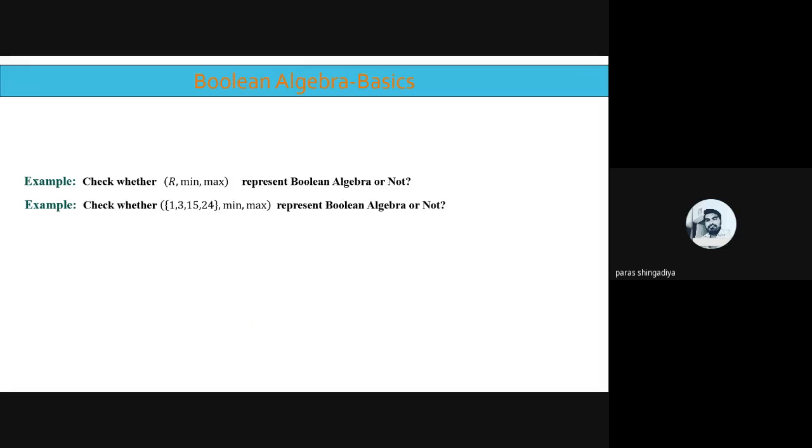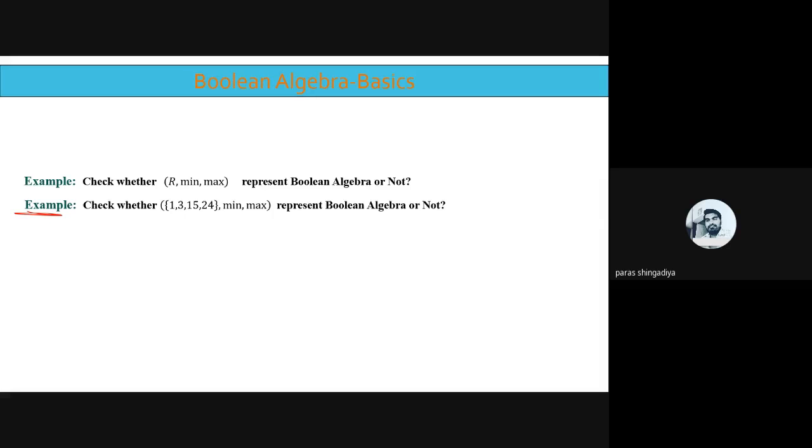So first we will consider 1, 3, 15 and 24, and then after we'll consider the infinite set, that is our capital R given there. Okay, so let us first check whether 1, 3, 15 and 24 is a Boolean algebra or not. Okay, let us solve this one, and then after we'll solve the other question. So the relation here is minimum maximum. For any set, if it is given that N, Z, Q are subsets, we can easily prove it is a lattice. Clear? How can we prove the lattice for the minimum maximum case?